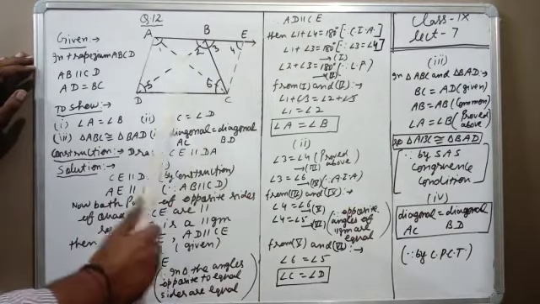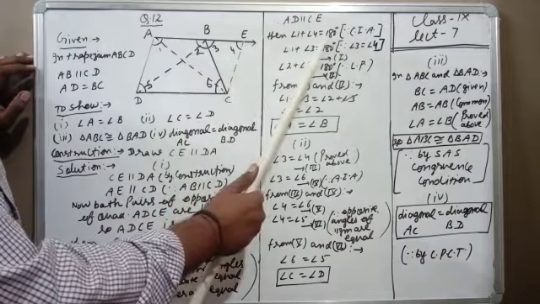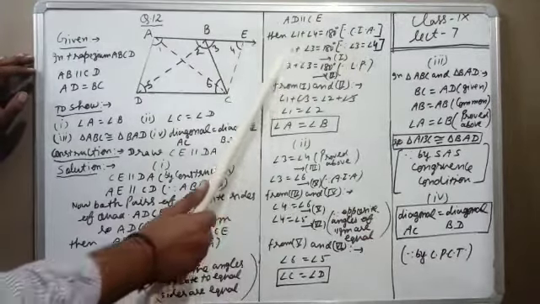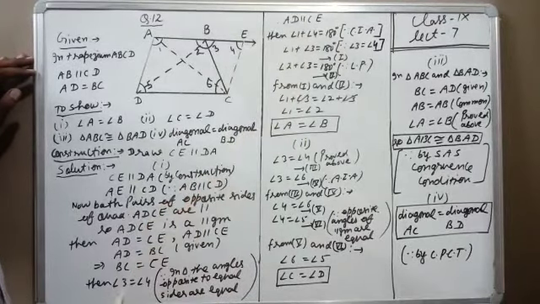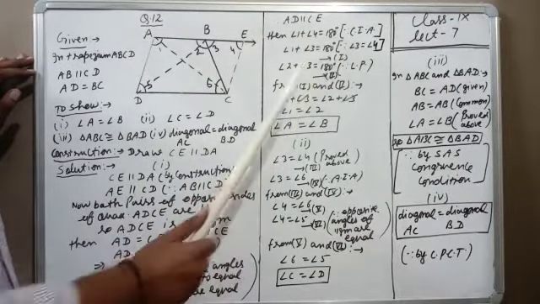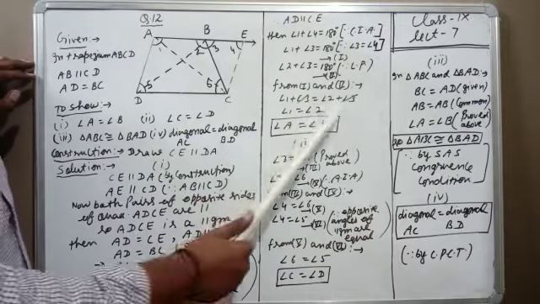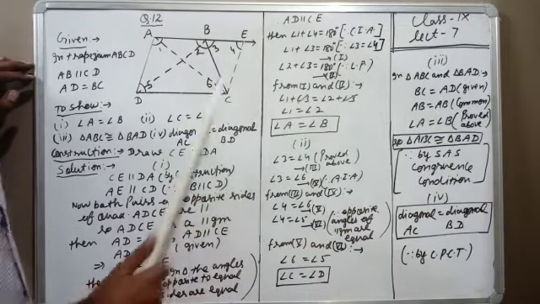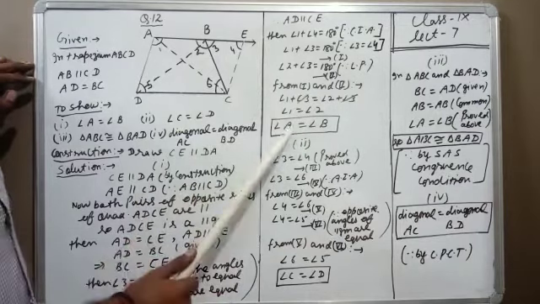When AD and CE are parallel, then angle 1 plus angle 4 will be 180 because of conjugate interior angles. Angle 1 as it is, in place of 4 we can write 3. So angle 1 plus 3 equal to 180. This is equation number first. Now we will write angle 2 plus 3 equal to 180, because these angles represent a linear pair. So this is first, this is second. In these two equations, one side is the same, so from first and second, angle 1 plus 3 will be equal to angle 2 plus angle 3. Angle 3 will be cancelled. So we can write angle 1 equal to angle 2. Angle 1 we can write as A, angle 2 we can write as angle B. So this is the first part.